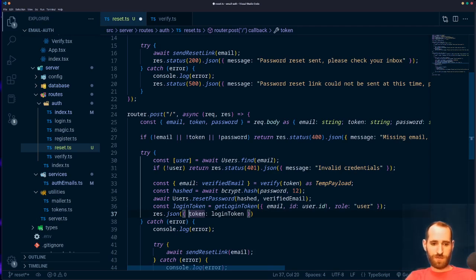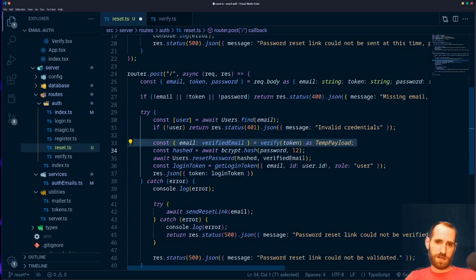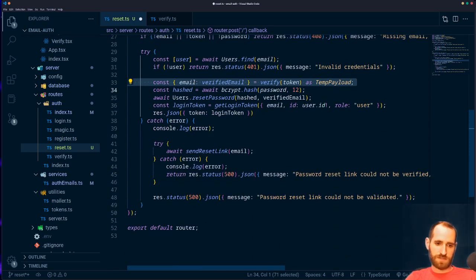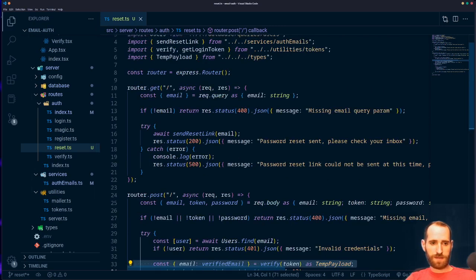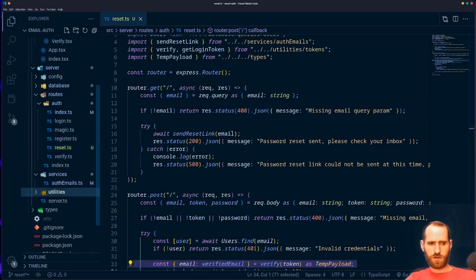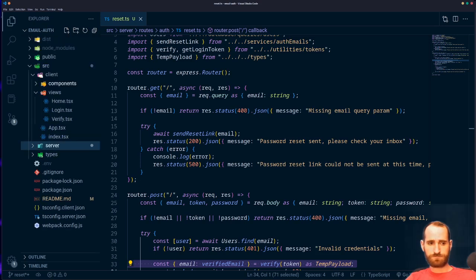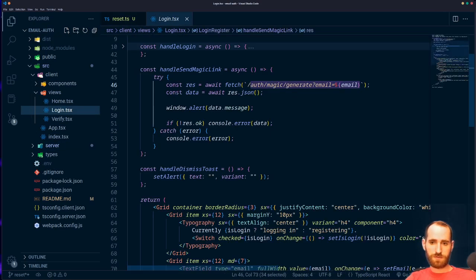So a lot of this is pretty much the same verification workflow, just that we're getting the temporary token, and we have to verify that, make sure we were the ones who signed it. It's still in that valid 15-minute timestamp, and we do have our fallback code saying, hey, if for some reason this does fail, go ahead and resend it. And now that the backend is done, let's go work on some of the client-side stuff. So I will keep this open just to re-reference and make sure I'm sending all the data we need to do, but